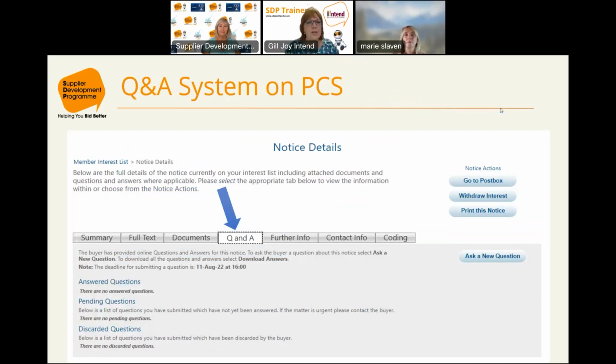Throughout the tender, you've got the Q&A system, which I think, again, some of you might be familiar with. You'll be given, and I don't quite know what this one's from, maybe that other document, but you'll be given the deadline. It's usually a week, and Mary will maybe confirm that, usually a week before the deadline. Ask a new question. Here, there's obviously nothing at the moment, but you need to